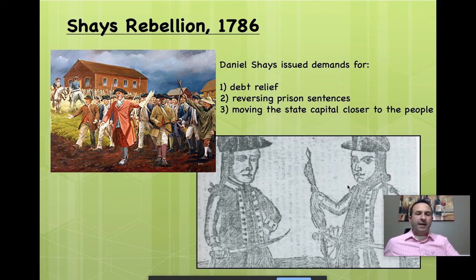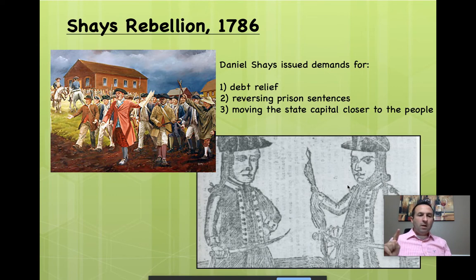So let me back up. Why is this the case? You see, what happens is the Articles of Government needs money. They need to pay off foreign debt. They also need to pay soldiers' wages that are owed to them for fighting the war. Well, they can't raise taxes, so they rely on states to give them money. Now, states can raise taxes. A state could outline in its constitution how it can raise taxes, and that often happened. Such was the case in Massachusetts, because a state government needs money. And theoretically, the state government would give a portion of its revenue to the Articles of Government. That's the way it's supposed to work.